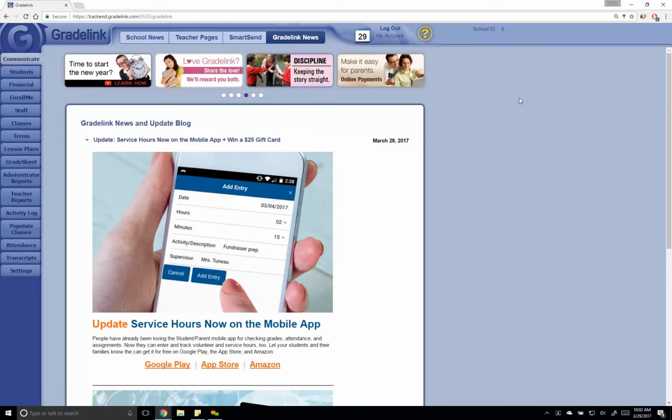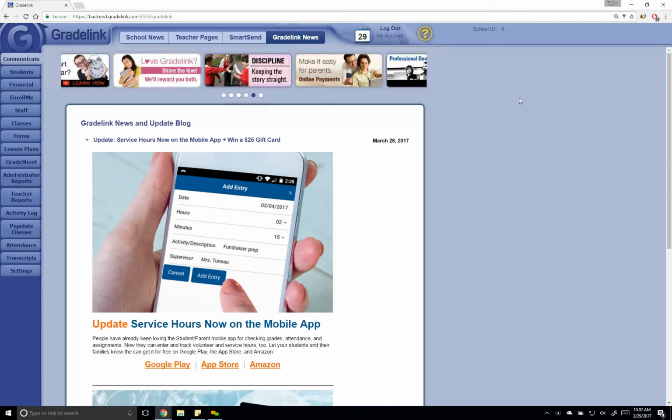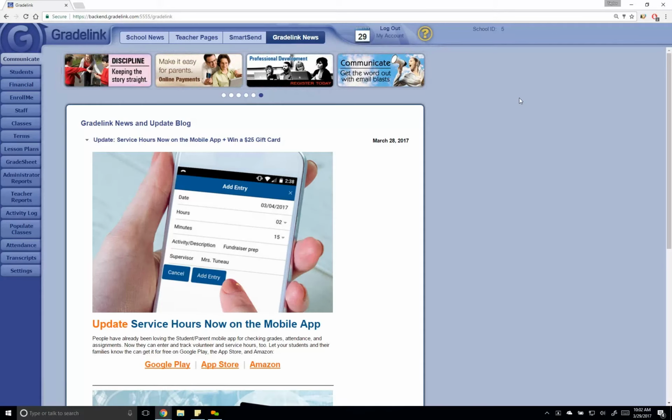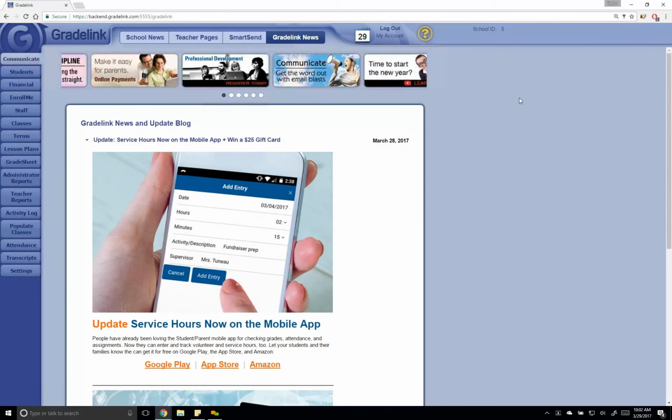So just to give you guys a timeline, we're going to take a look at everything from communication tools to online enrollment. We're going to look a little bit at financial options, and of course we'll get into the data management, the grade book, report cards, those sorts of things that people are always interested in taking a